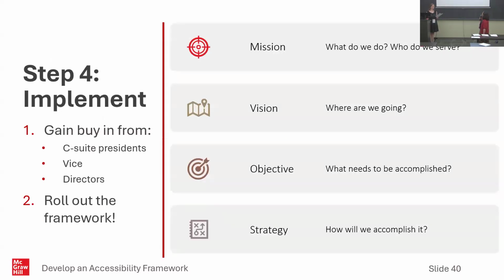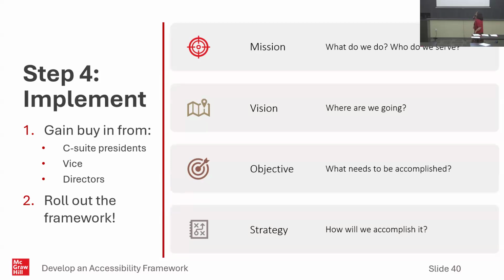All right, so implement. I know I'm a little bit behind schedule. I had to get buy-in on all the framework that I just put together. I had not implemented a thing yet. Based on all the analysis and engaging I did, that's what I thought would be successful. So now I had to come up with, because C-suite people really love their missions and their visions,